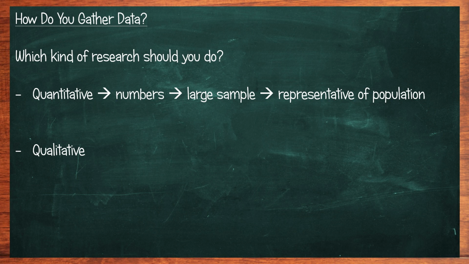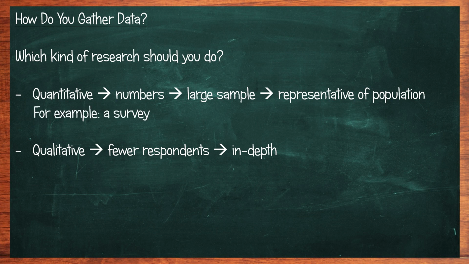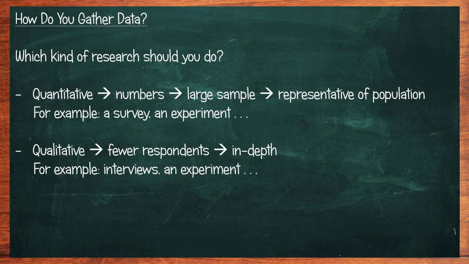And if you're doing qualitative studies, you're going to talk to far fewer people, but you're going to need to go far more in depth with these people. Now, the survey and the interview are like the two standard examples of quantitative versus qualitative research. There are many more tools. For instance, if you want to do an experiment, that can actually fall in both categories. I can come up with a gazillion examples, but one more important thing I would say for now